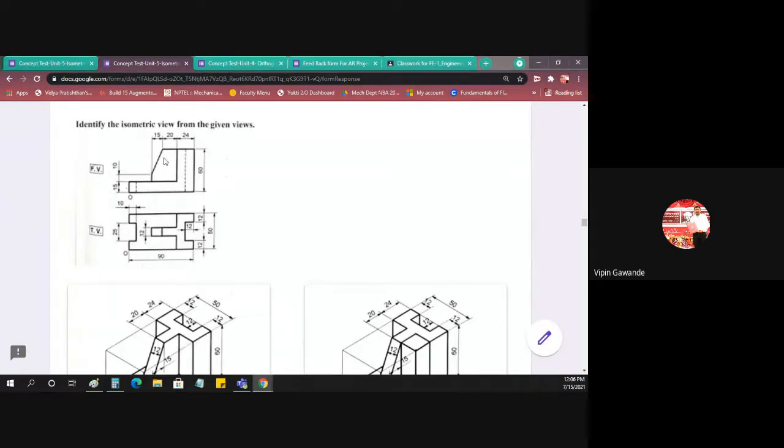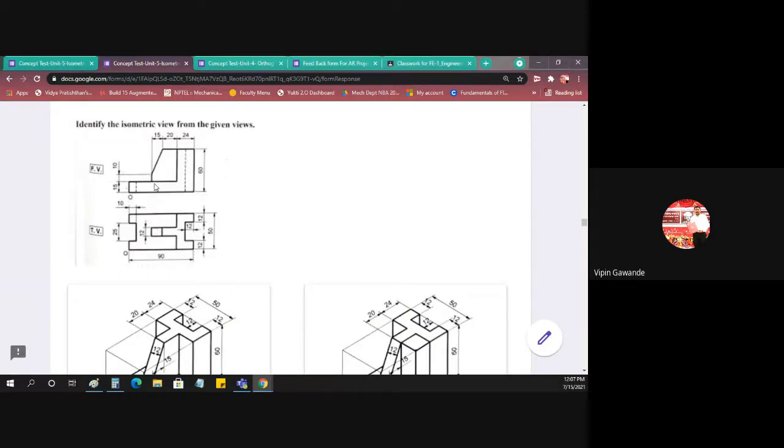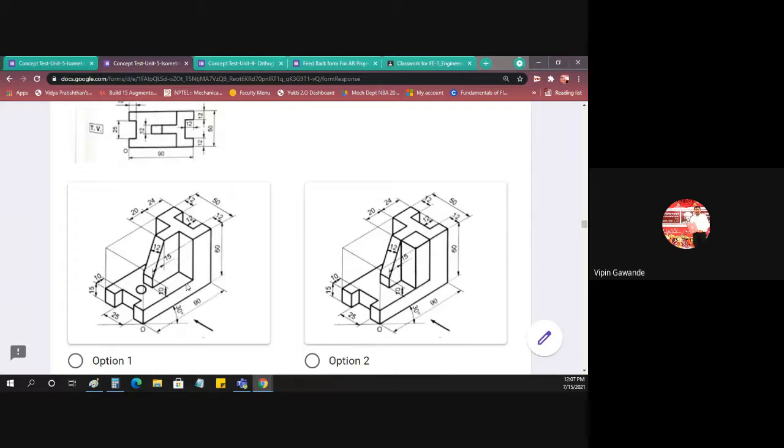Now we have to check this part. We have to check this surface. So this surface is also correct. This surface is also correct. Here this is that surface, so that surface will come here. But here a circular cutout is shown, and for this circular cutout we'll get what? Two dotted lines on the front surface. But here we don't have those two dotted lines. That means this is not the correct option. Rest of the things are correct, but because of this circular cutout, the circle is visible in top view, and in top view the circle is not there. So this is not the correct option.